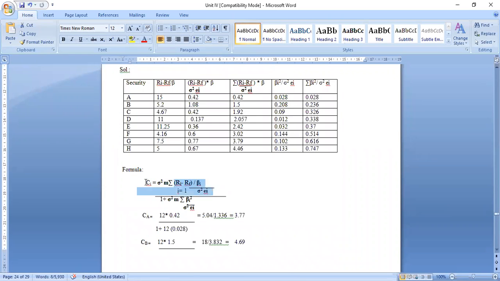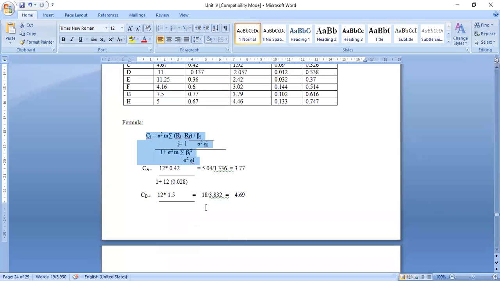Once we have typed this formula in the document, we are going to use this table to insert the values. Now, what is the formula here? Why are we calculating Ci here? We are calculating Ci because we want to find out the cutoff point or the cutoff rate, and all the values above the cutoff rate will be taken for calculating the optimal portfolio, or for selection of the portfolio, and later for the proportion of investment. That is the reason we have to calculate Ci. And what is the Ci here? It is for each of the securities, ranging from A up till H.